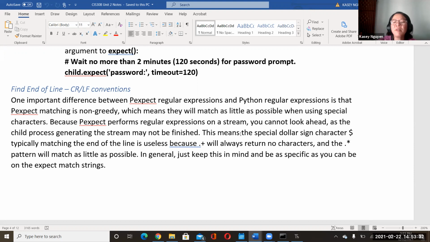The dot plus would always return no character, and the dot asterisk will match as little as possible. Keep in mind that because it's streaming the characters, we don't know that it will be the end of line. So sometimes these symbols might not be effective overall, but we wanted to match the string and predict what could possibly be included in that string.